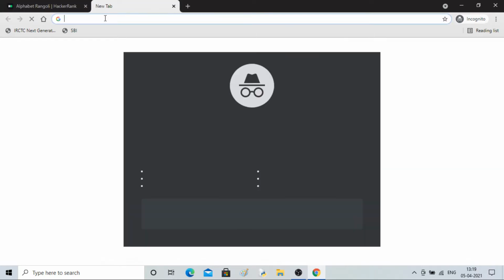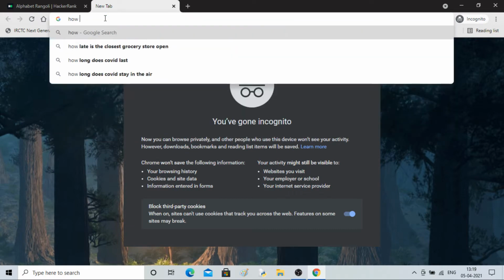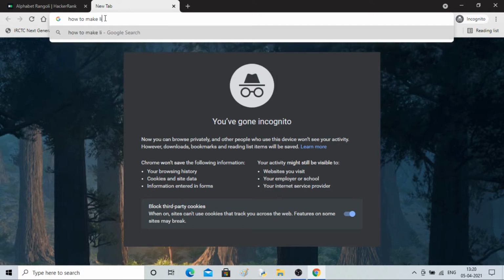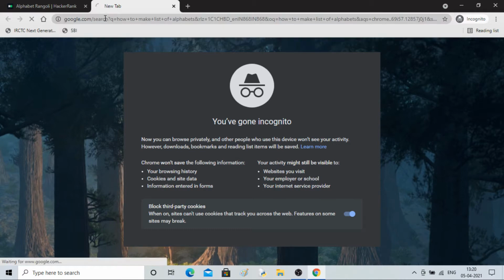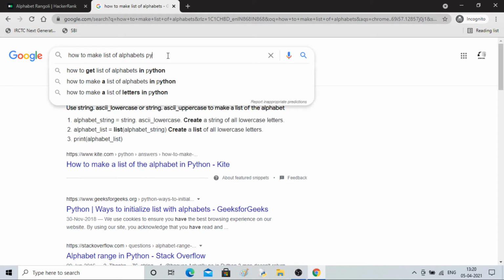Let me search how to make a list of alphabets in Python.